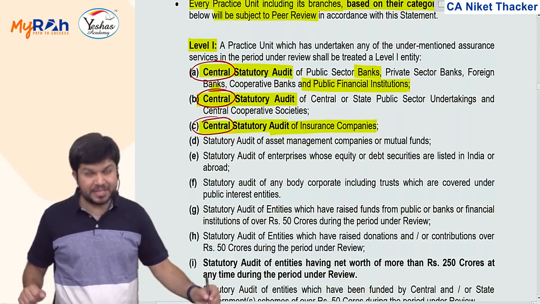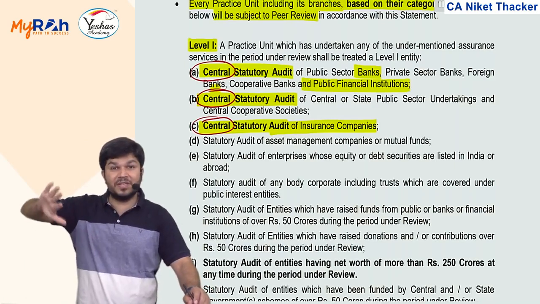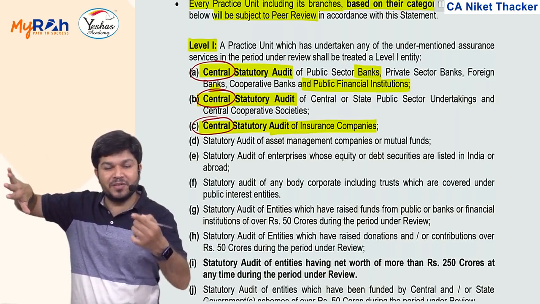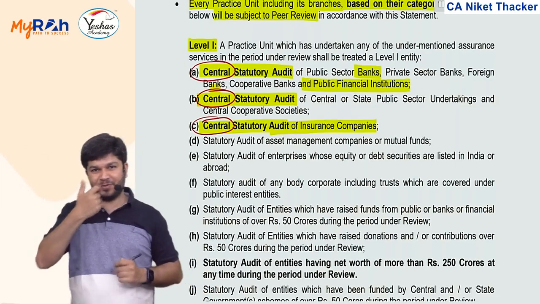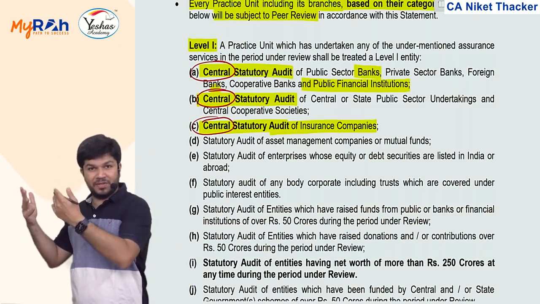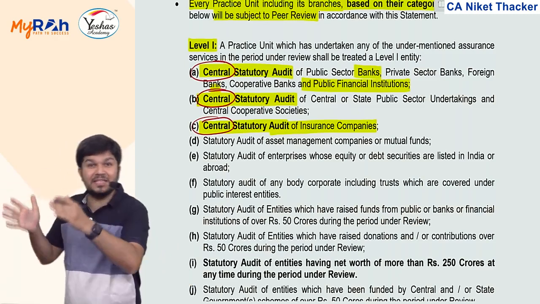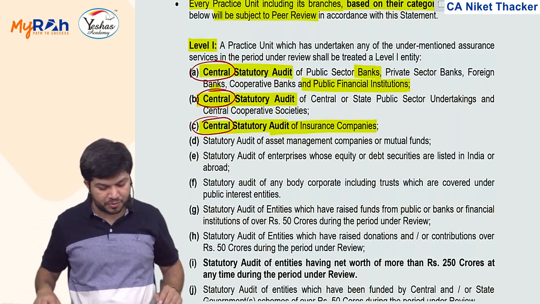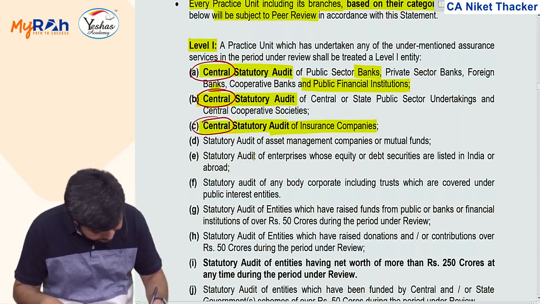Statutory audit of AMC, Asset Management Companies, or mutual fund. The mutual fund is generally a trust. They hire an AMC to manage the funds of the mutual fund. So we give money to mutual funds, they give us units. To manage the funds of the mutual fund, there is an AMC. If you are a statutory auditor of an AMC or mutual fund, if you are a statutory auditor of a listed entity,